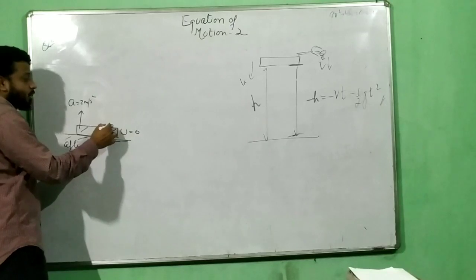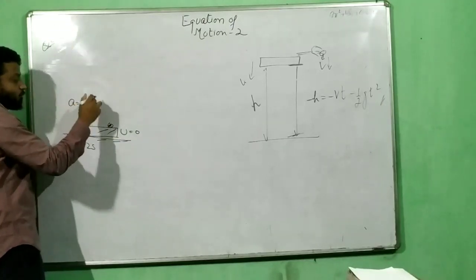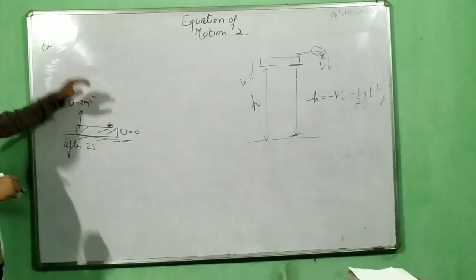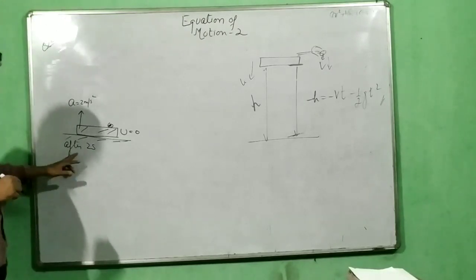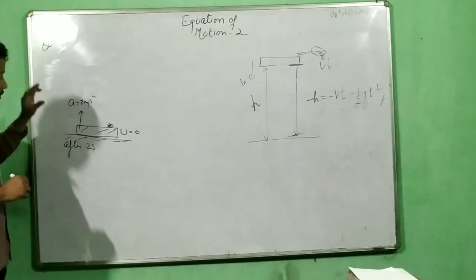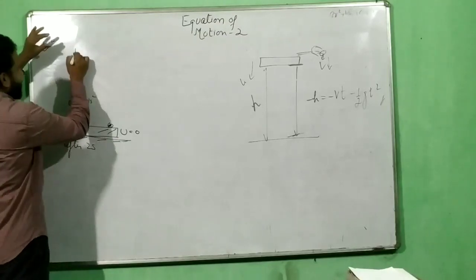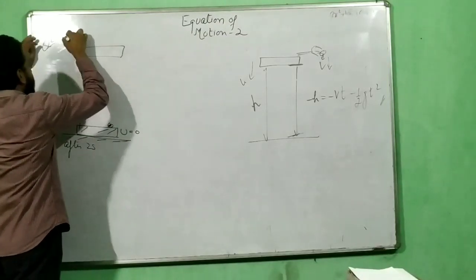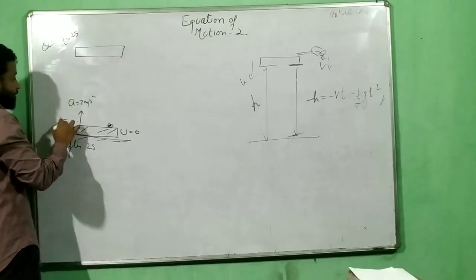That means there is a body which is going up with an acceleration of 2 meter per second square, and this body is going to be released in the future. How much time later? After a time of 2 seconds. That means definitely this platform is not here at 2 seconds. The platform is somewhere here after time 2 seconds. So this is time t equal to 2 seconds. This is time t equal to 0.